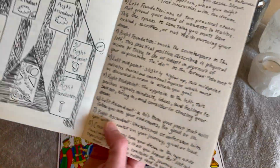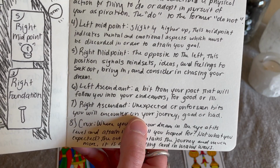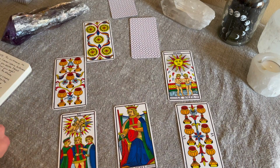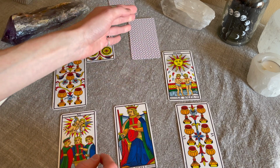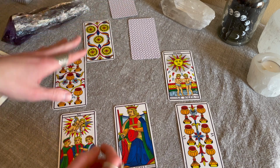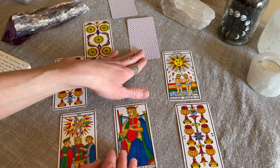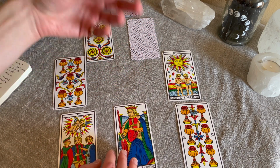Now we move to the right ascendant. And so for this one, we've got an unexpected or unforeseen bit that you will encounter on your journey for good or bad. So another neutral card. So this might be a really pleasant surprise, something that we weren't expecting. It might also be a sort of hiccup or obstacle that we aren't currently aware of, that we aren't expecting to encounter. And I would say, if you see this and automatically know what it is, you might want to take more time with it,